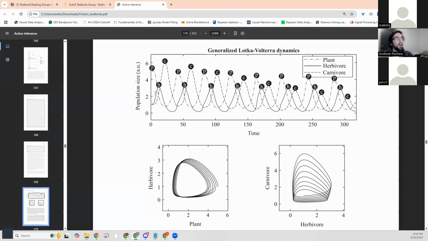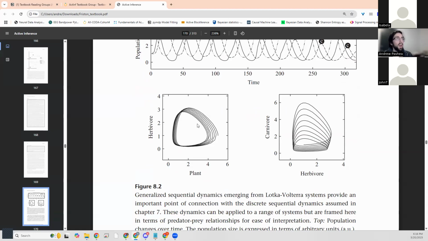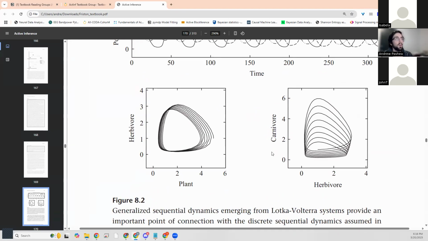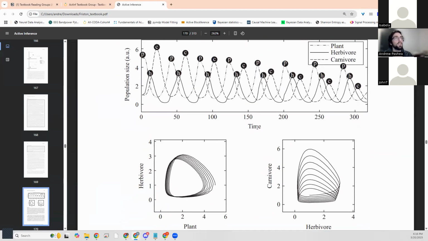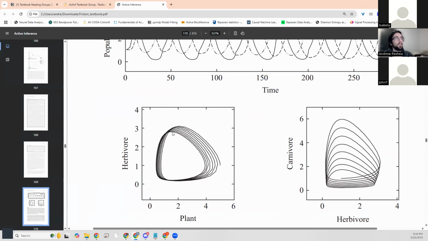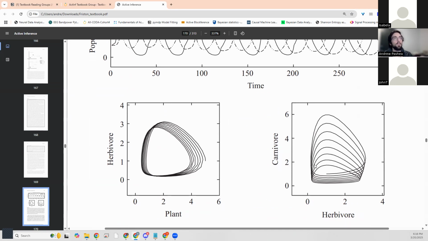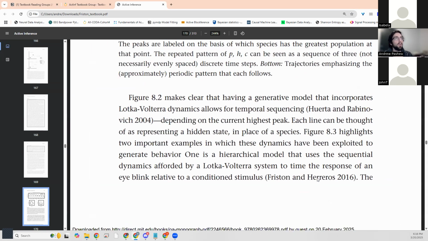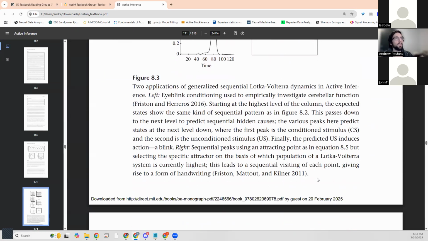So we see this kind of movement of them in nearly cyclical patterns. And whenever we compare the herbivores and the plants, or the carnivores and the herbivores, over the course of playing out this simulation over time, we see that there is a kind of attracting shape to the continuous state space that is their populations, or their joint populations, or the way of looking at them as they correlate with one another in different ways over time. We see these shapes play out as well whenever we look at the